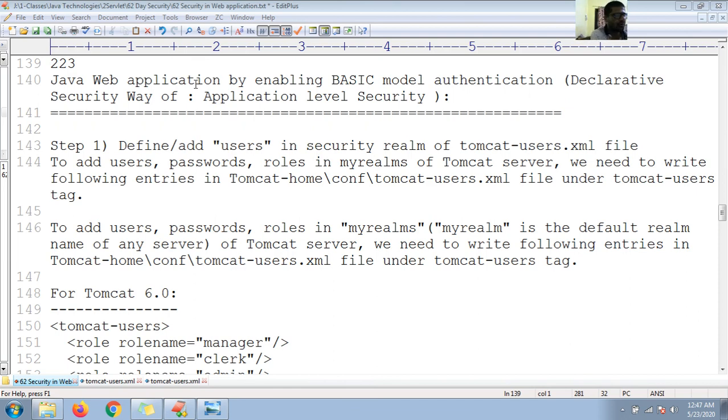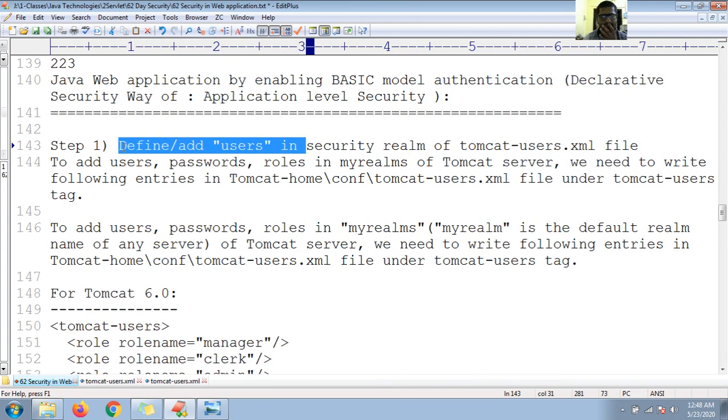So first of all, before going to write the code for this, in the previous tutorial we have learned about the flow of execution. We understood the flow of execution related to this basic model. Now first of all, we need to add users as well as their roles and passwords in the security realm of